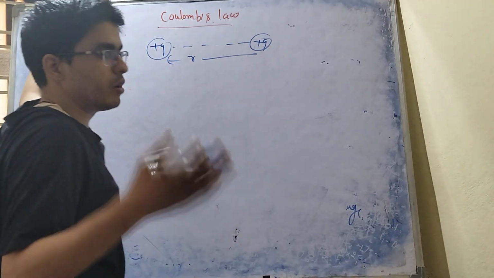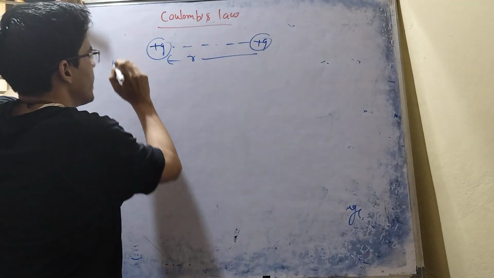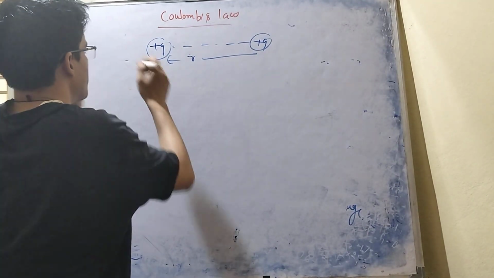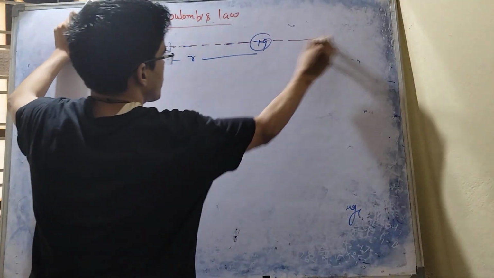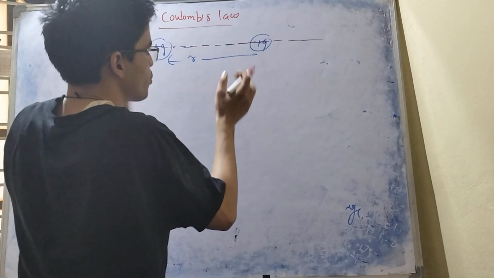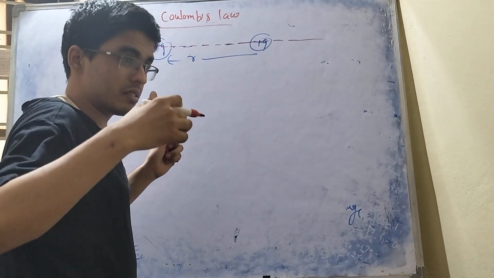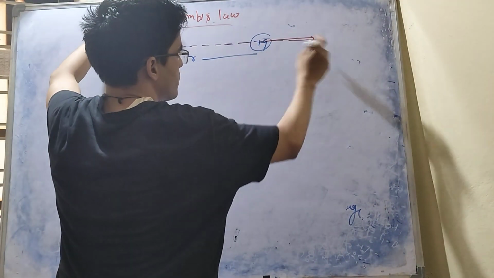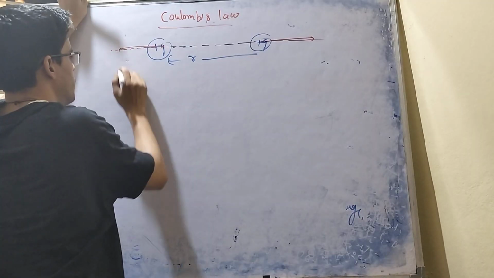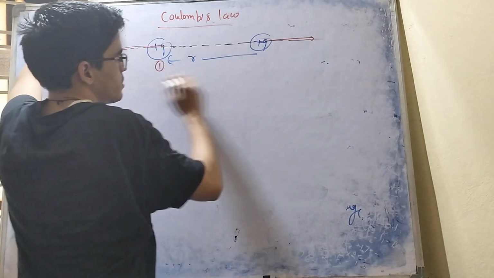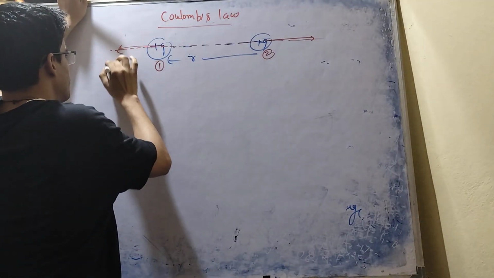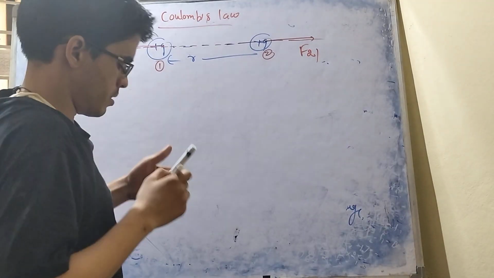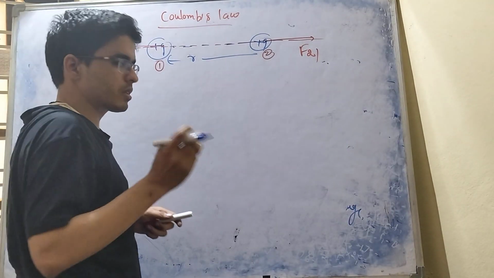So what is the value of that force? Always this force will lie along the line joining the charges. I am asking: the electrostatic force will exist, but is it repulsive or attractive? Here it will be repulsive. So for that direction you write the right direction, and here the left direction. Suppose this charge is 1 and this charge is 2. Here it will be the force on 1 due to 2, and here the force on 2 due to 1.